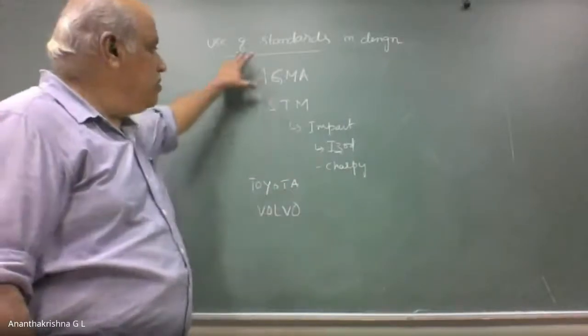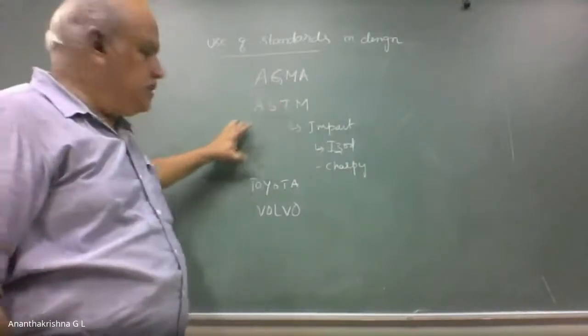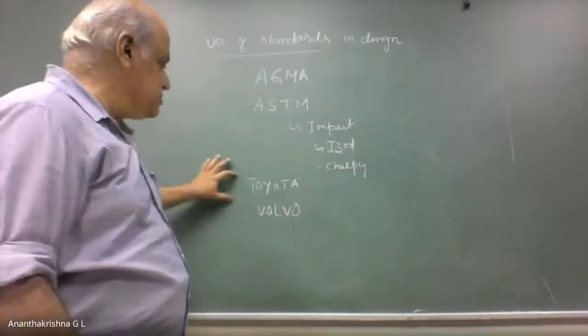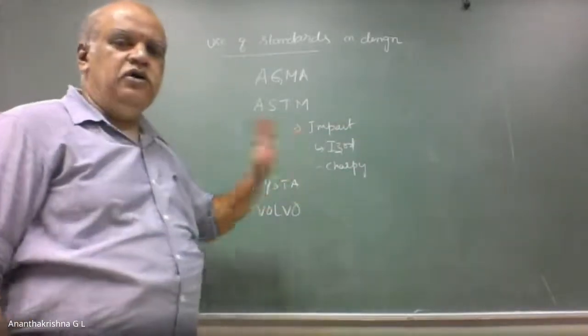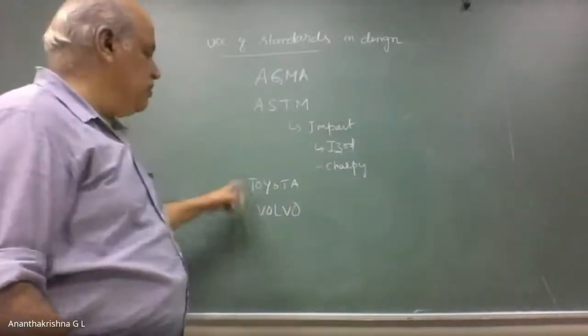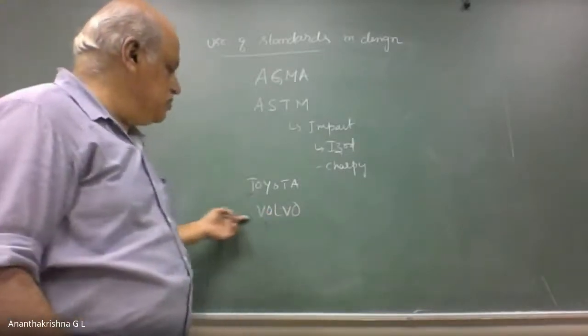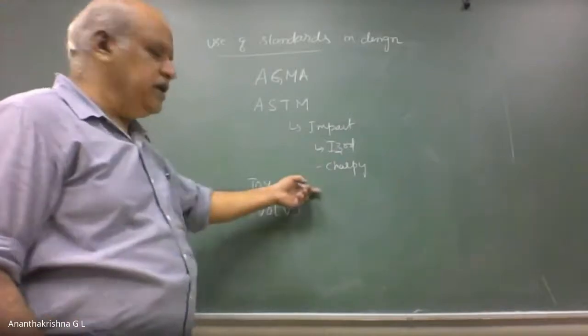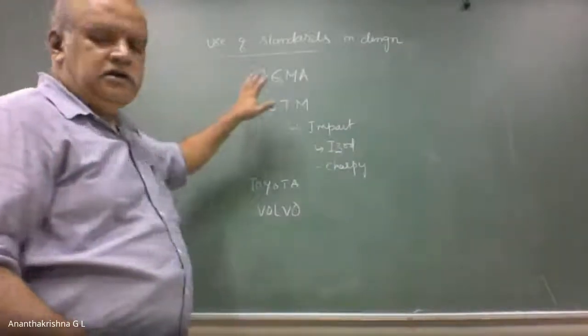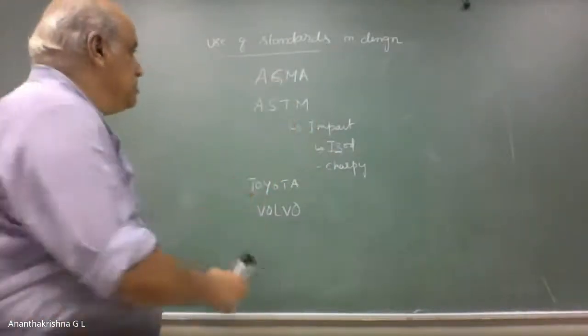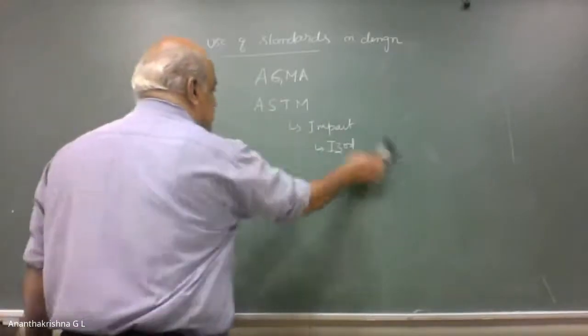They don't follow any of the other standards; they have developed and follow their own, especially Volvo and Toyota. If you are a supplier of a component, you need to conform to their standards. So there are such standards available. This is about standardization and various standards